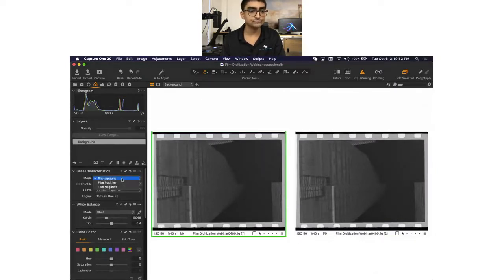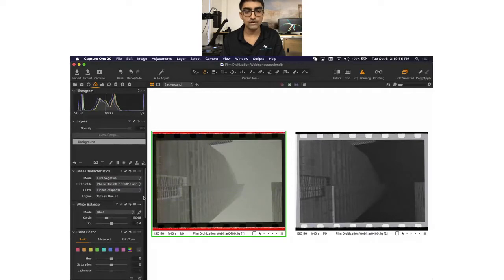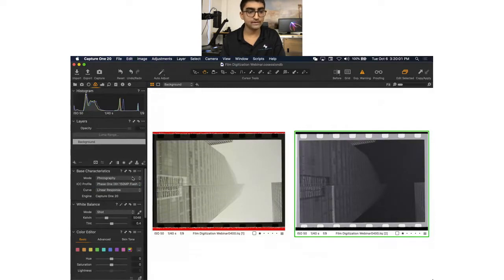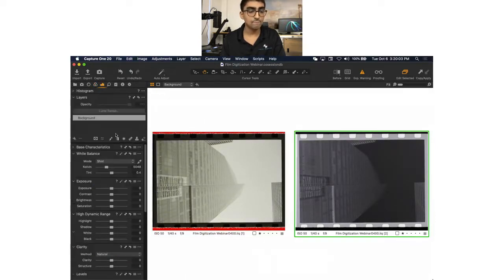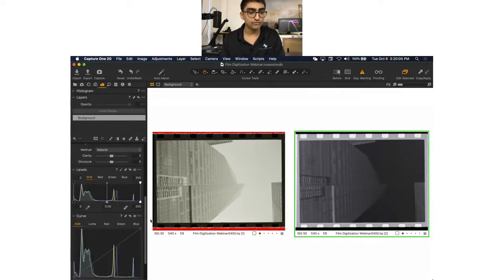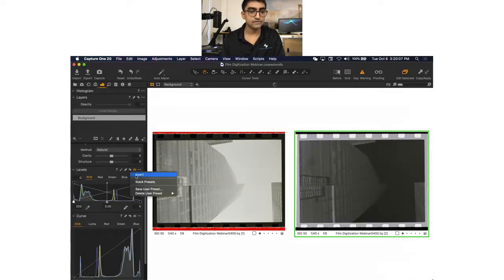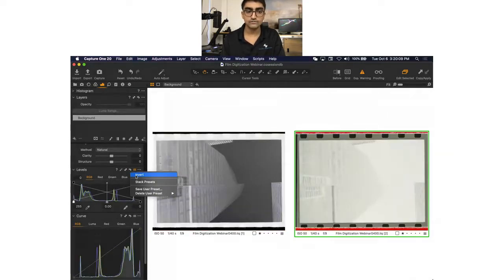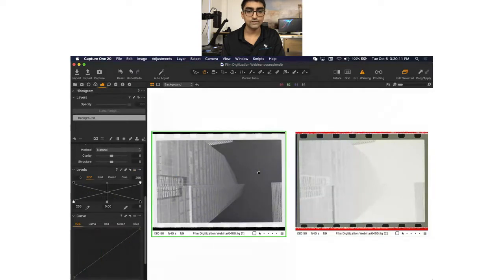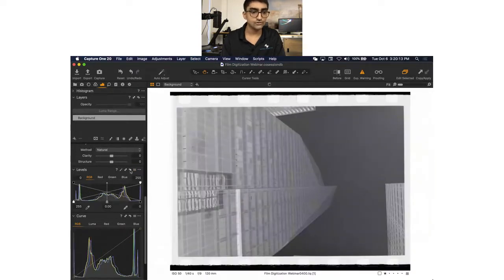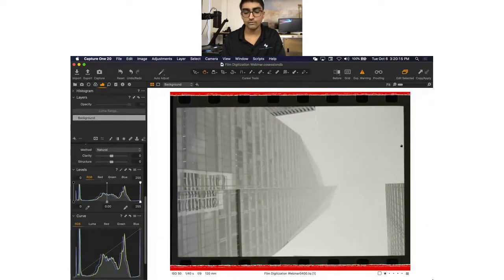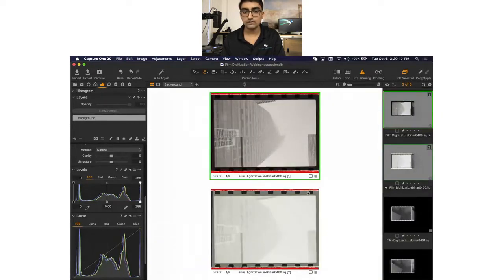So on this one, I'm gonna go from film positive to film negative, and I'm just going to put a standard contrast curve on that. For this one, one way that you can go from a negative to a positive is just to do a direct inversion. So I want to invert that one. If you look at the difference between the two,